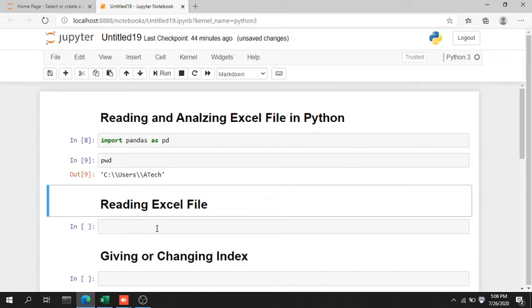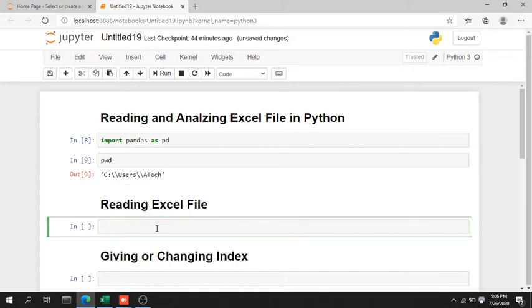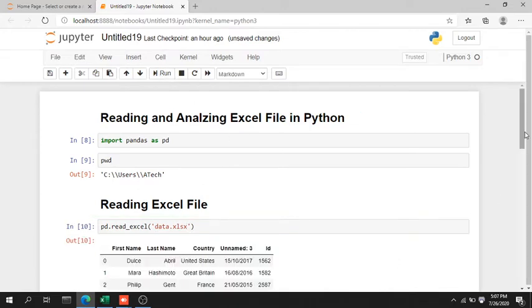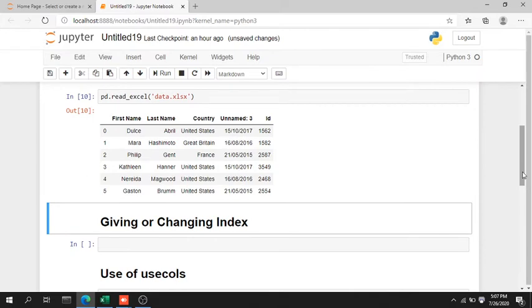The next thing is we have to read this Excel file. For this we will use the pd.read function. Let me first write it here, pd.read_excel. I'm writing Excel here, but it depends upon the type of file that you are going to use. Like if you are using a CSV file, you can write CSV here. Next, I give the name of the file, which I told you earlier is XLSX. Let me run it, and here you can see that Python has successfully read our file.